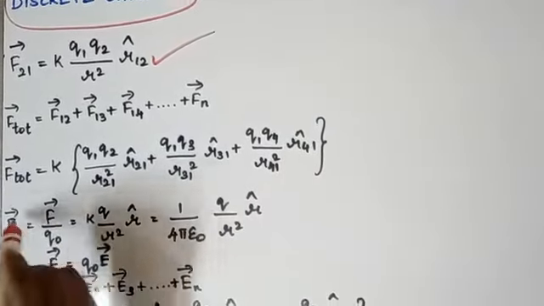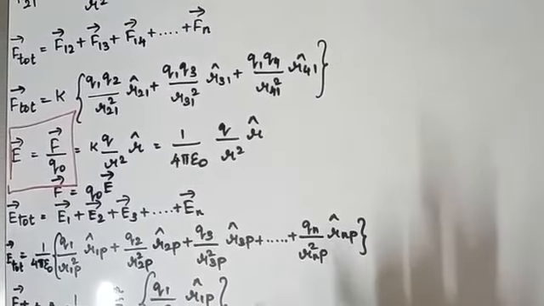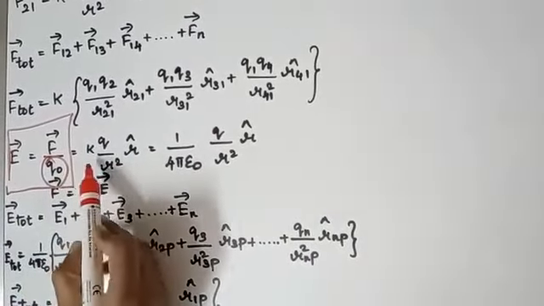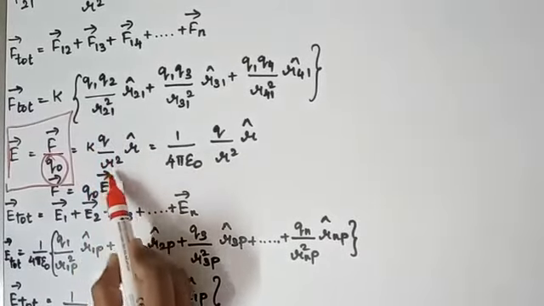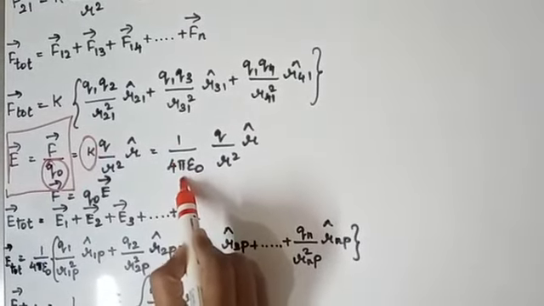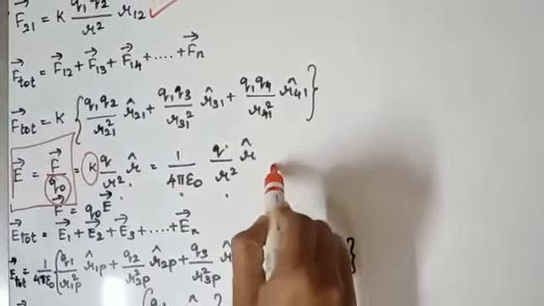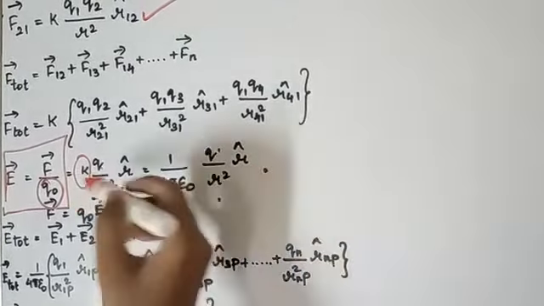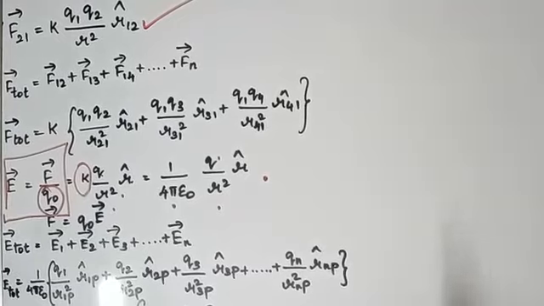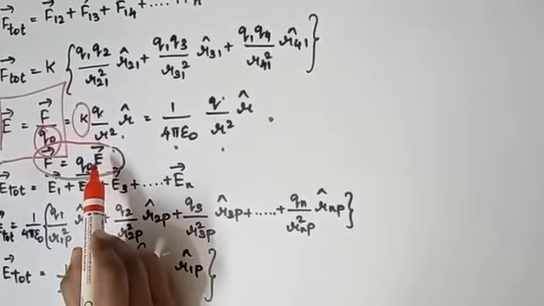Next we studied about electric field, in our previous class. We studied how much force it will exert when we consider the test charge Q naught. We substituted the value of F, that is Coulomb's law, K multiplied by Q upon R square into R vector. We got the value of E as 1 by 4 pi epsilon naught, the proportionality constant, Q upon R square and then the R unit vector. With the help of this formula, E vector is equal to F vector upon Q naught, we derived the expression of force, that is F vector is equal to Q naught into E vector.